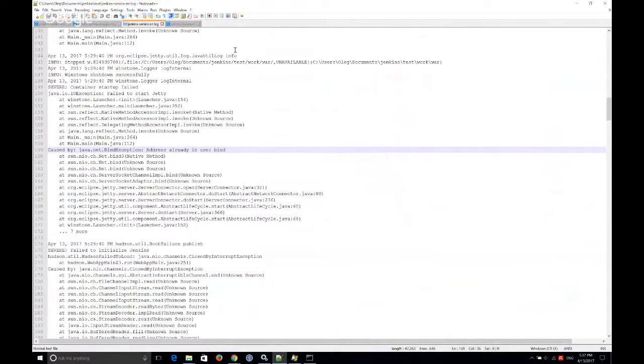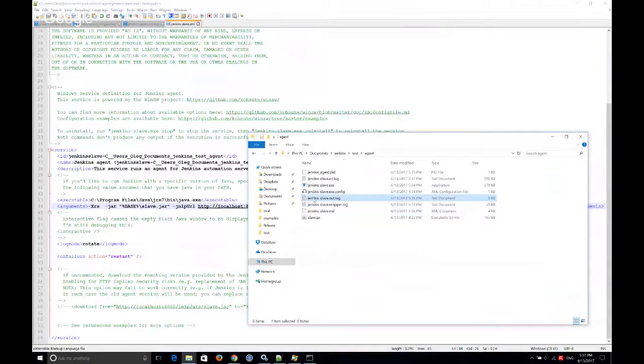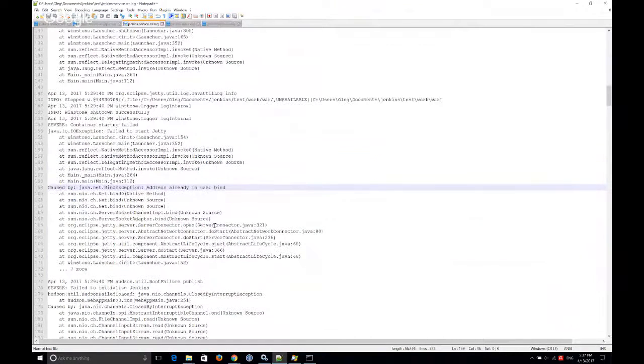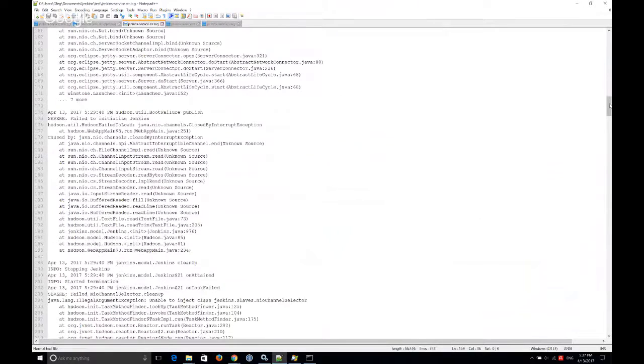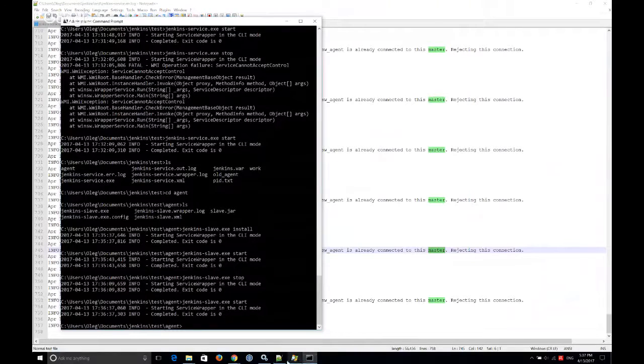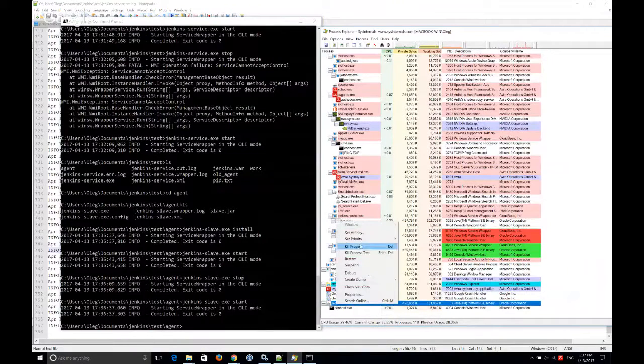So if we go to the log, here's our Jenkins error log. And this error log says what? That the agent is already connected to the master. So effectively, this is an issue which has been reported by many people before. And unfortunately, there is no way to fix it without the runaway process killer. So I'm going to kill this process